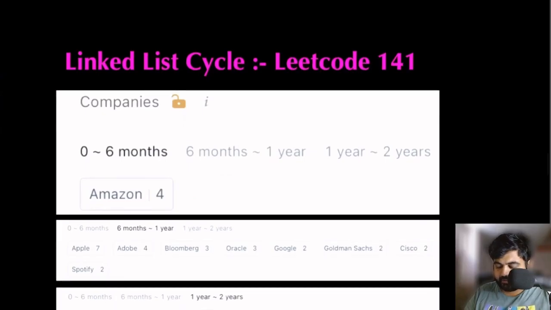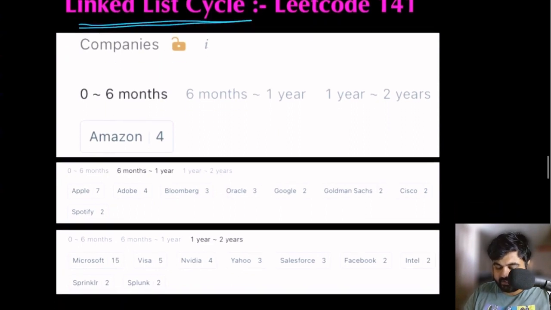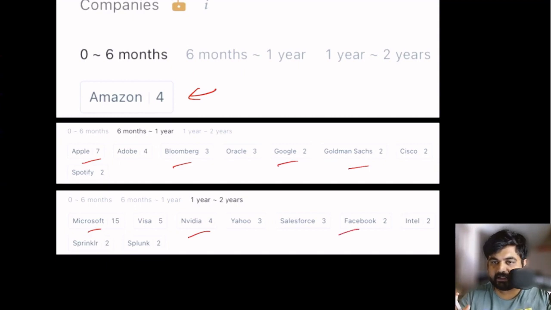Let's try to find another example, and that is linked list cycle. Now this is also a really popular problem, and if we see some companies like Amazon, Apple, Bloomberg, Google, Goldman Sachs, Microsoft, Nvidia, Facebook, they have all asked this problem, which means that this is an important problem. You can at least understand that.